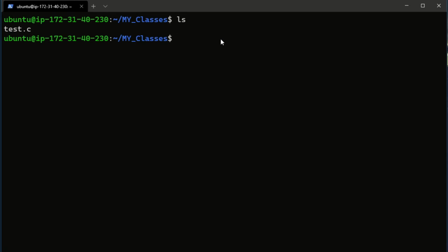Now we are going to compile it, gcc test.c. There was nothing shown on the display, which means it got compiled successfully. There is a reason for it. Because Unix was developed in the 1960s. At that time digital displays were not so advanced, so all the outputs used to come on punch machines, on papers. So we needed an output only when there was some error. If everything was working as expected, they were not required to show anything. So it follows the same philosophy. It will not show us anything if nothing goes wrong.